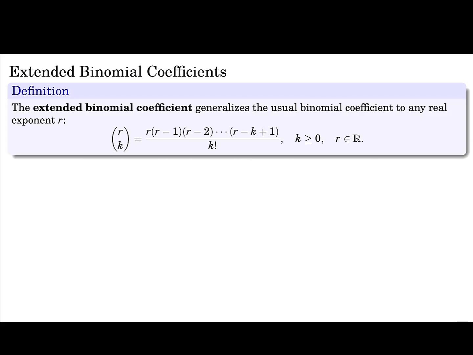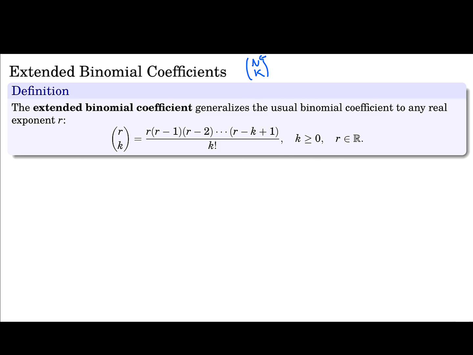So far, binomials like n choose k usually meant that n and k were non-negative integers, and n choose k was just counting the ways of choosing k objects from n objects. But now we're going to generalize this, where n will be able to be any real number, and so we're going to write it in this way here, sort of like r choose k, but now for any real number